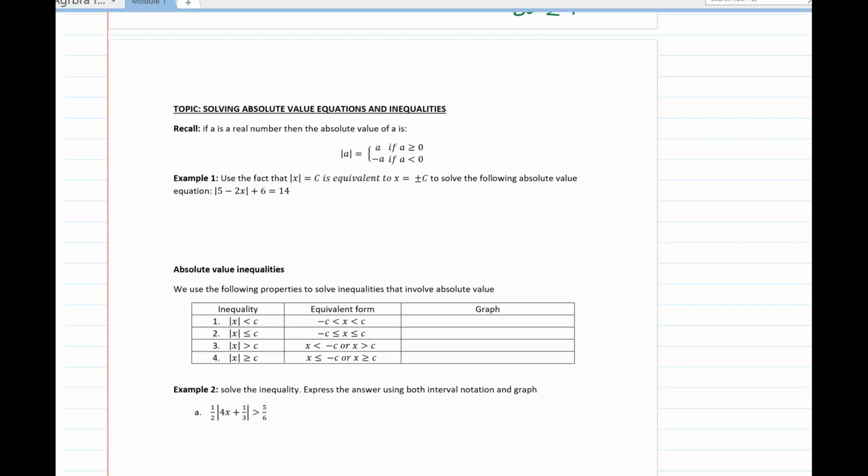Solve an absolute value equation and inequality. Recall, if a is a real number, then the absolute value of a equals a if a is greater than or equal to 0, or negative a if a is less than or equal to 0. So recall, for example,